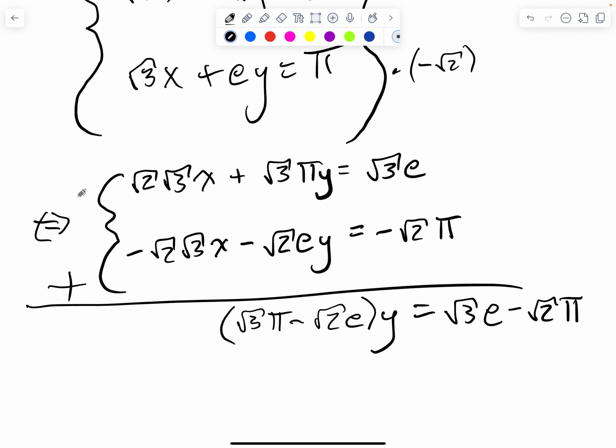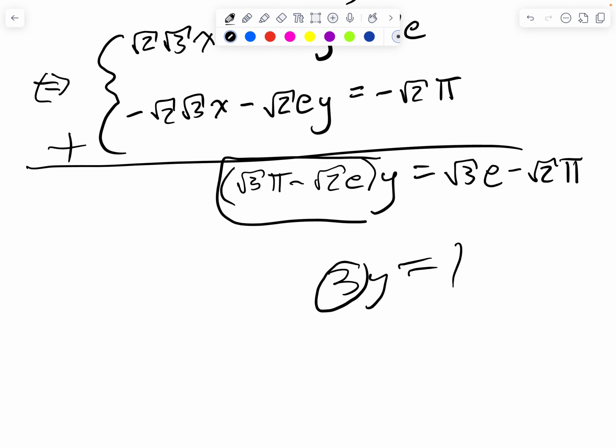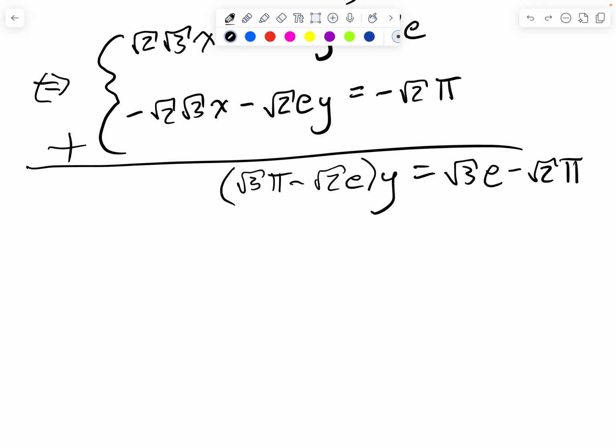Okay. You might think, that's awful. Well, this is no different than if I put 3y equals 1. Instead of the name of the number being this, this is the name of the number. So what would you do? Something like that. Fine. That's what we're going to do. So if y is that, therefore, if this times y equals that, then y must be